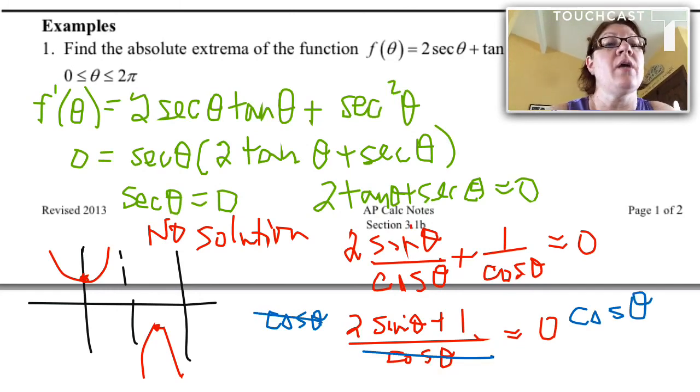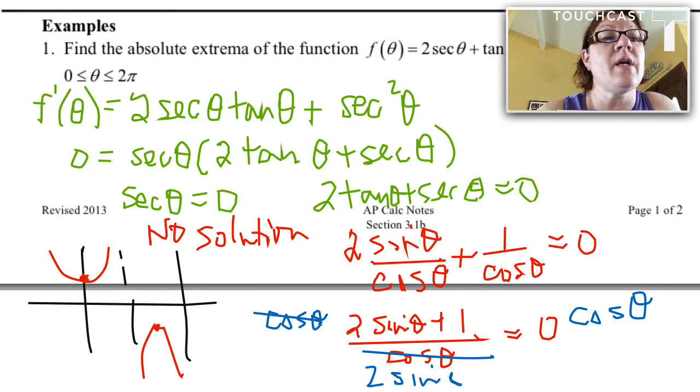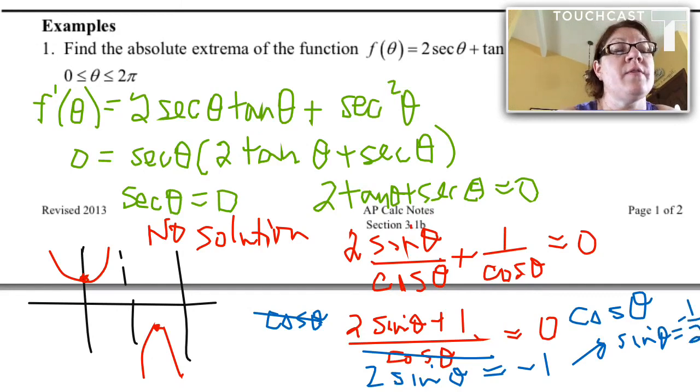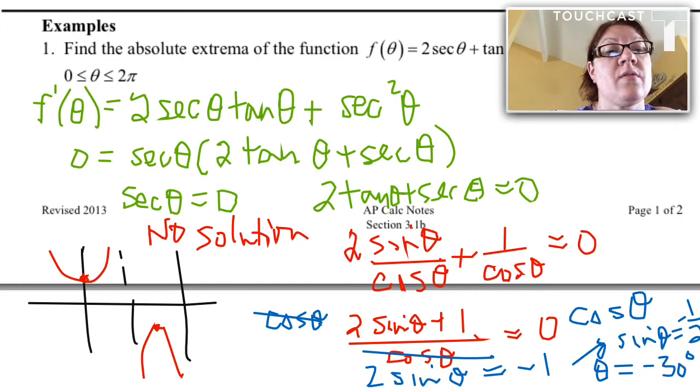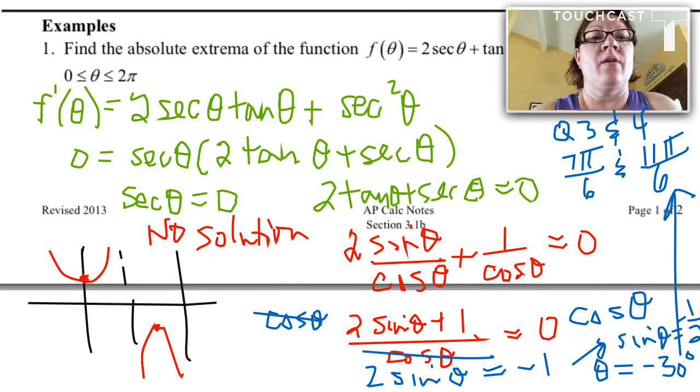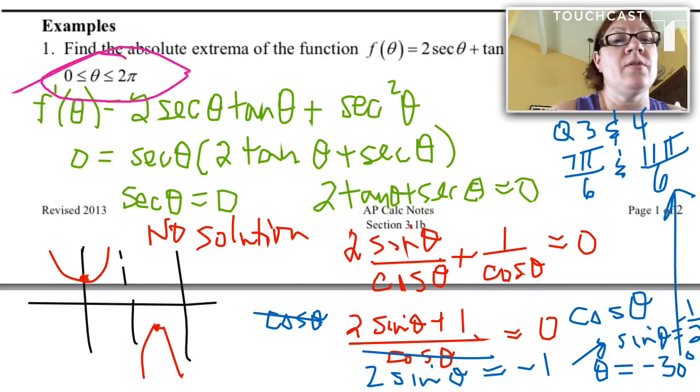And oh, look, now I have down to a single trig function. Hallelujah, I was getting kind of worried. So I have 2 sine theta plus 1 equals 0. I'll move that 1 over, and then sine of theta is -1/2. And so that means I have to be looking in quadrant 4 in order to take the inverse, and sine would equal -1/2 when theta is -30 degrees, or -pi/6. Except I'm limited by that original domain to the unit circle, so it's got to be 3rd and 4th quadrant, or these